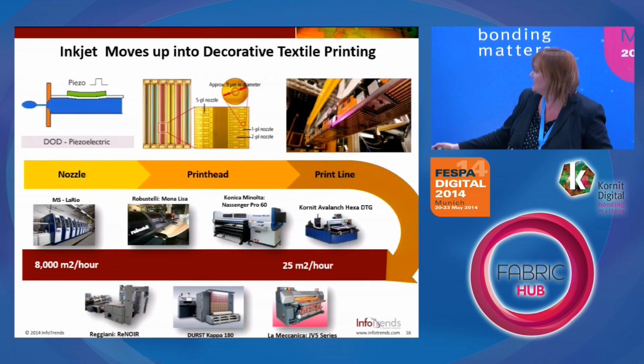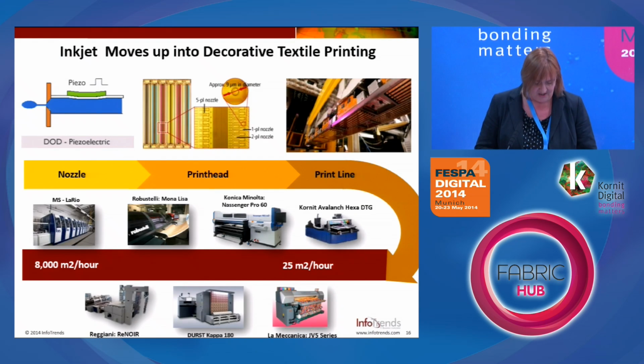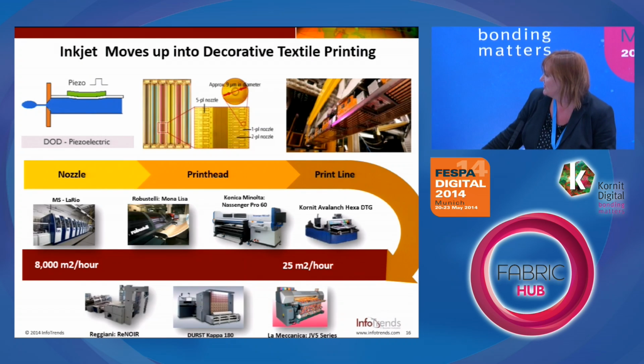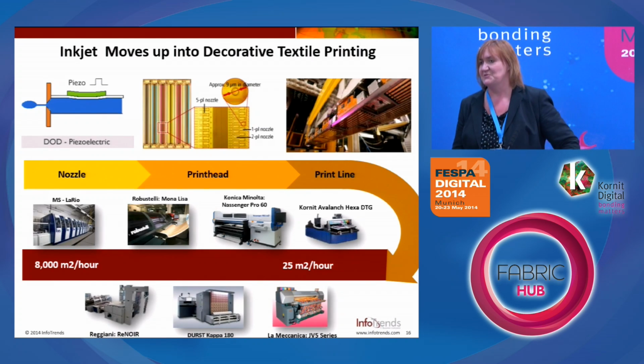To be configured in line. So it's gone from a single nozzle, configuring them together, and then configuring them into lines. So you've got line and fast, wide devices, to create machines which range from the sort of 25 meters square per hour, that's an example of a direct-to-garment machine from Cornet, going right through to the MS Larios, which can do something like 8,000 meters square per hour,